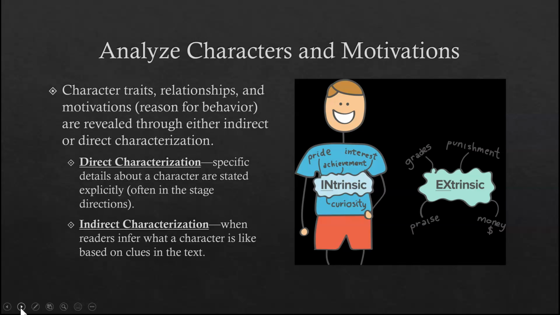Analyzing characters and motivations. Character traits, relationships, and motivations, reason for behavior, are revealed through either indirect or direct characterization. Direct characterization is where specific details about a character are stated explicitly. So the person or the author will come out and tell you he wore a blue shirt and was very motivated to work. Indirect characterization is when readers have to infer what a character is like based on clues from